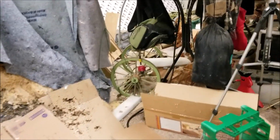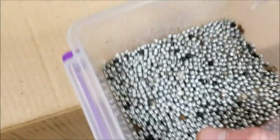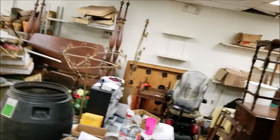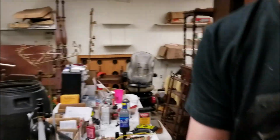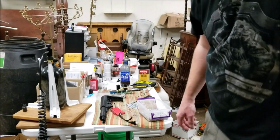The plan is I've got a whole bunch of BBs that I've already fired, and you guys know if you save them, what happens is once you shoot them, they will hit one another and get dented up. So I'm gonna go in here and get a nasty batch. Now there's all sorts of other crap in here, so I'm gonna have to fish through that a little bit just to get the trash out. Let me set this up over here to make sure I'm not cheating. I apologize for the shaky camera, but